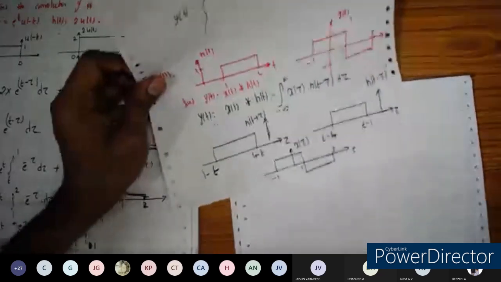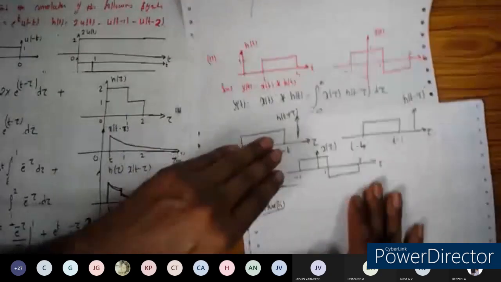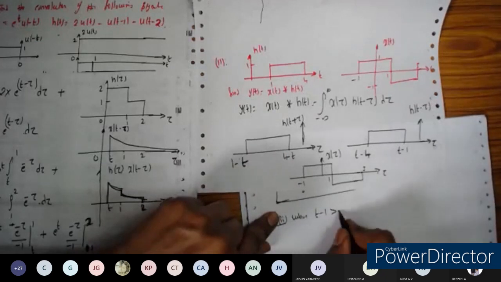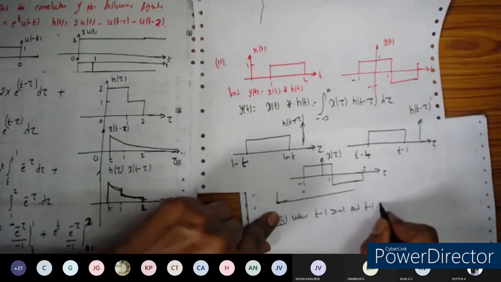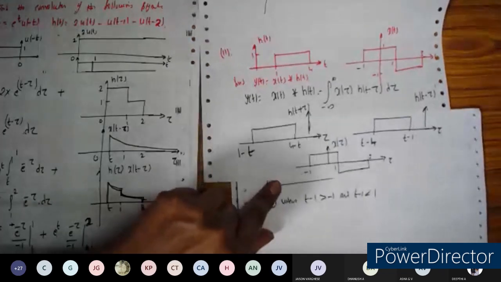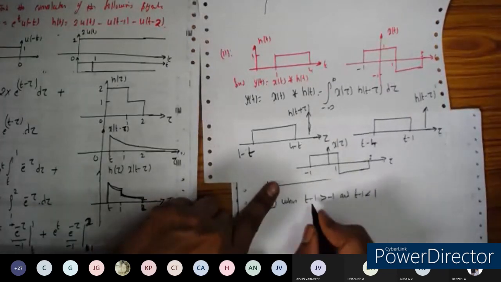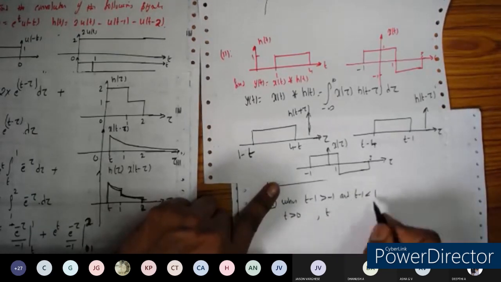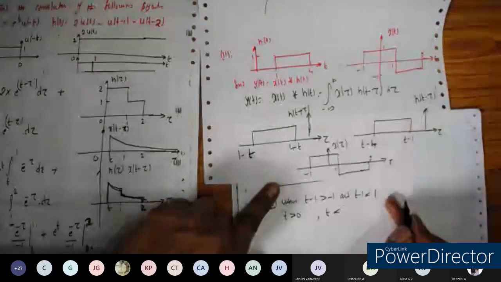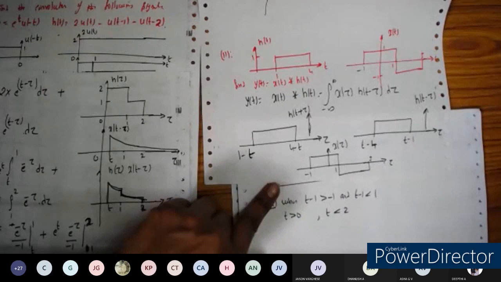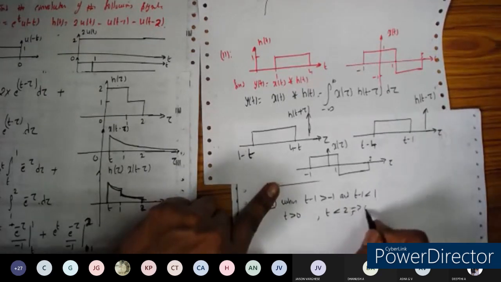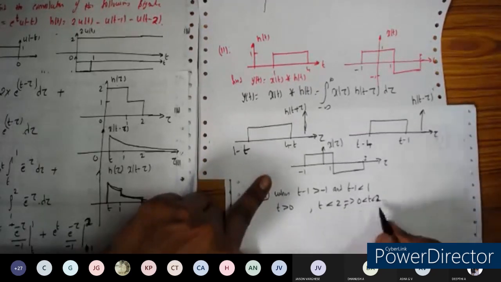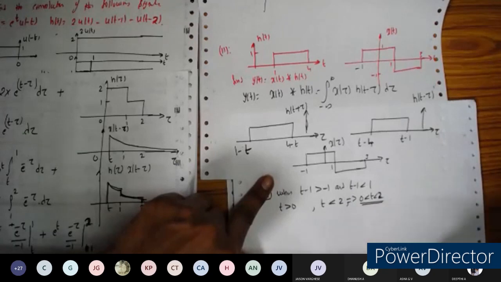Let us do this one. So take the second case: t minus 1 is greater than -1 and t minus 1 is less than +1. So t minus 1 greater than -1 means -1 goes to this side and becomes +1, so +1 -1 becomes 0. Next, t is less than, when -1 comes this side, it becomes 1 + 1, which is 2. So it can be written as 0 is less than t is less than 2. So this is a time interval.